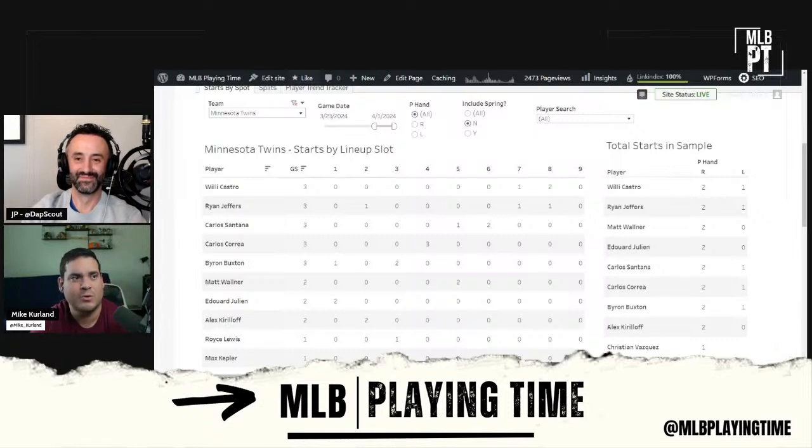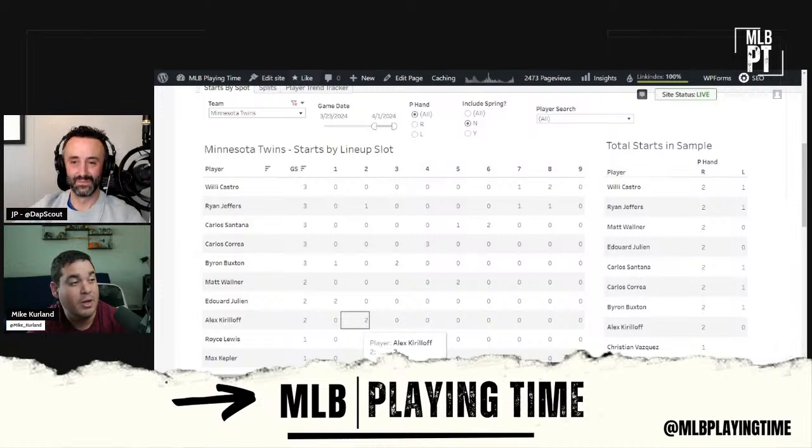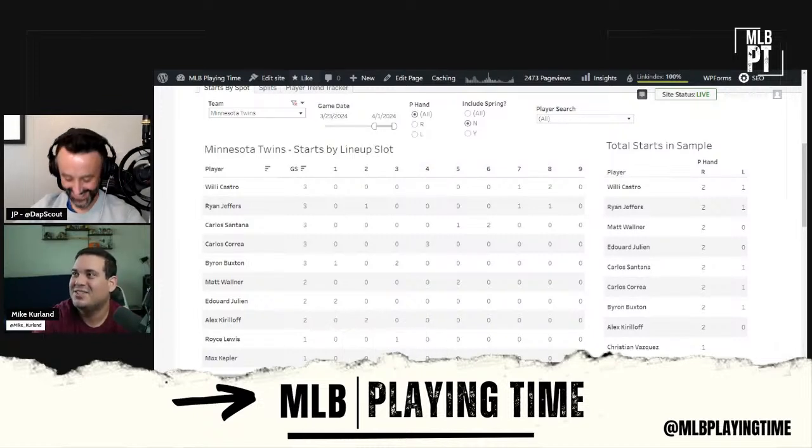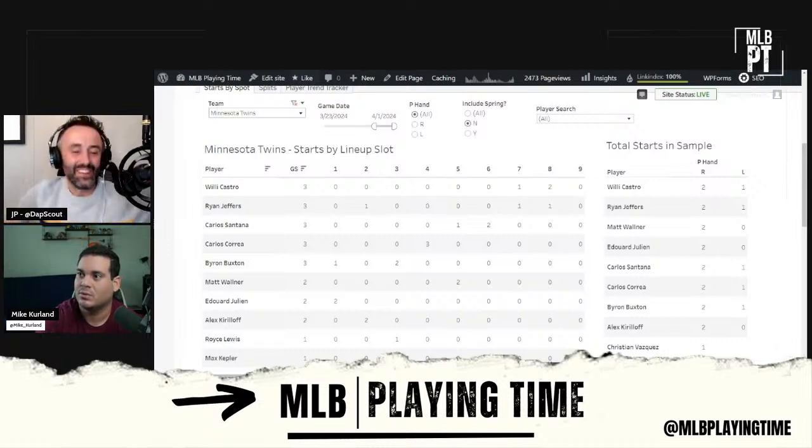Kirilloff's up to this 2 spot, which is where he's been. I didn't realize he was batting 2nd because I don't care. Kirilloff, he's so mediocre, man. It's aggravating because I used to be a real big Alex Kirilloff guy, and then the wrists after wrists. But he gets on those heaters, those Kirilloff heaters. I mean, then he gets injured, but he gets on those heaters, and it just makes you want to believe. Then I'm back in again, and then he gets injured. Yeah, I'm just not in the mood to chase it.